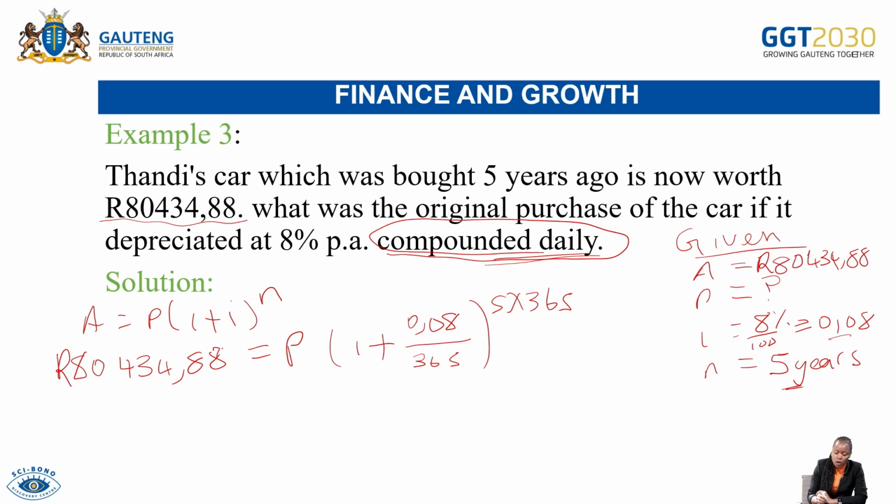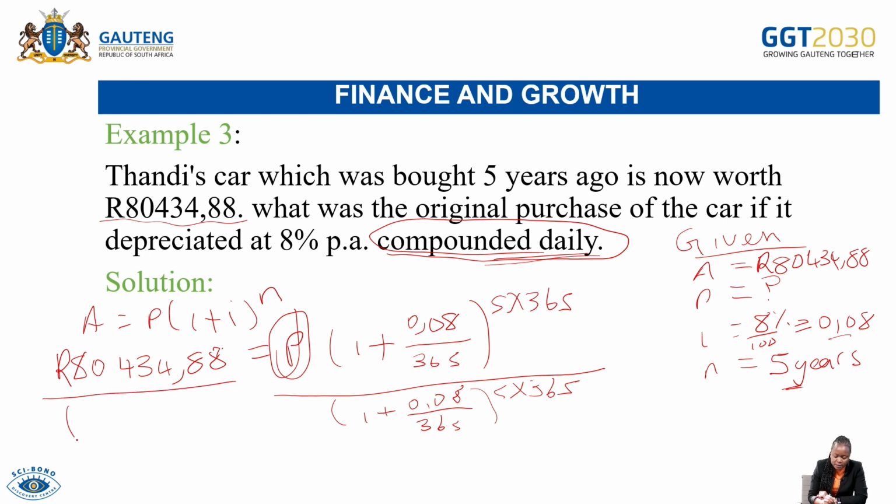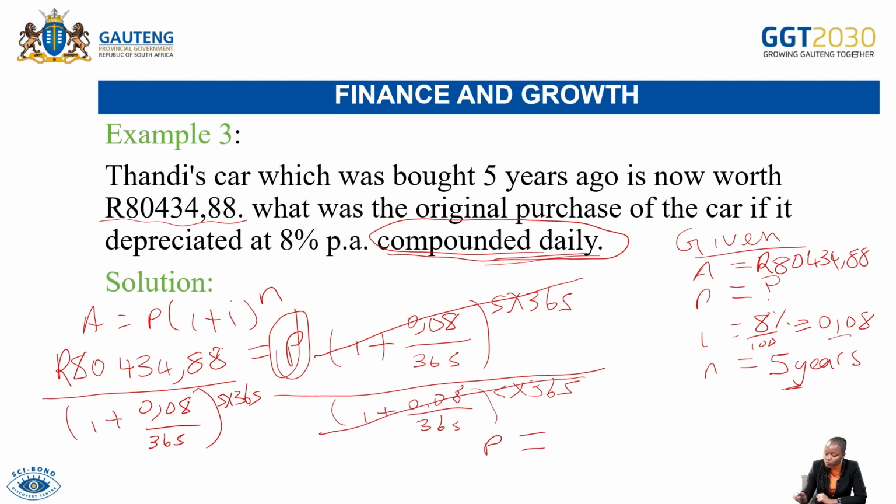Are we together? So how are we going to solve for this P? We need to divide by everything that we are not looking for. Because I want to find P, I will divide by 1 plus 0,08 over 365 to the exponent 5 times 365. On the other side, it's also 1 plus 0,08 over 365 to the exponent 5 times 365. So the whole of this, if you divide it by this, you'll get a 1. Then your P is going to be equal to